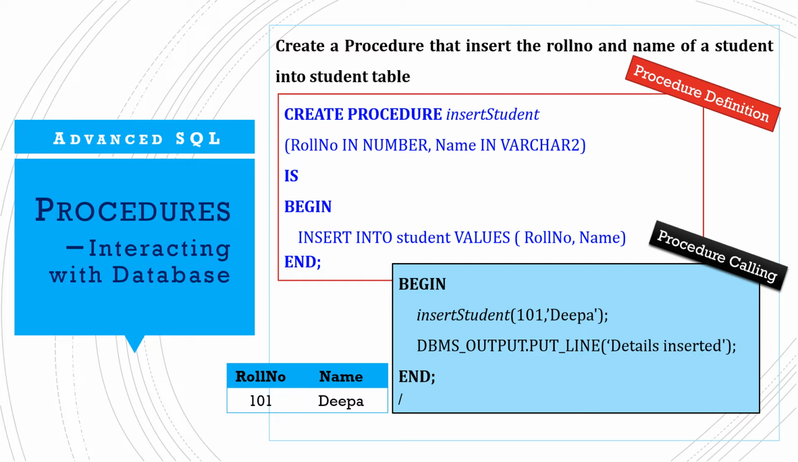Okay, and we can make use of dbms_output.put_line for displaying the statement that the details got inserted. Okay, when we look into that table, we can see the roll number, comma, name. That table consists of a new record with the details of Deepa. Okay,